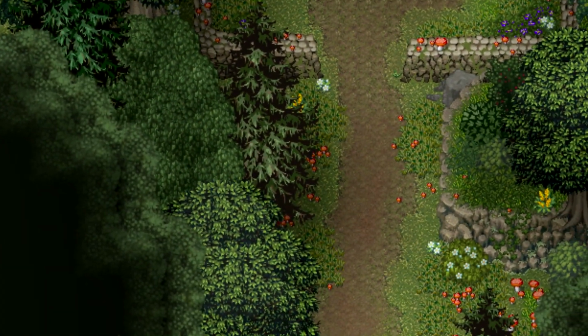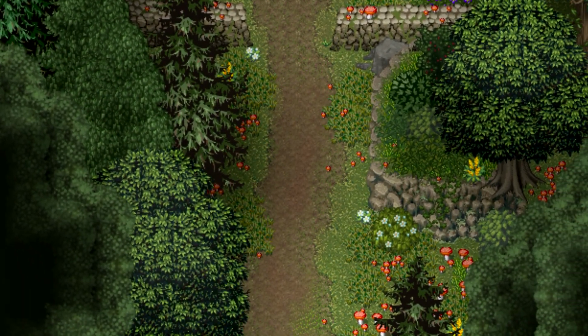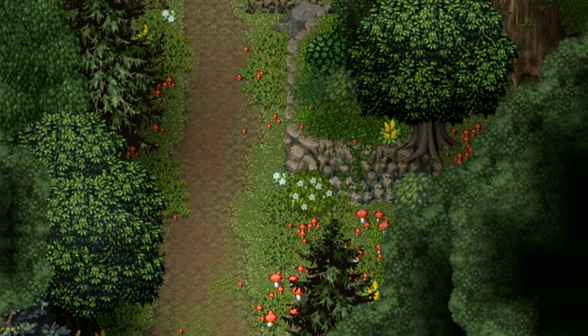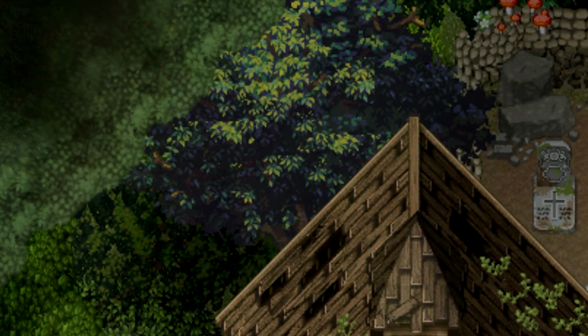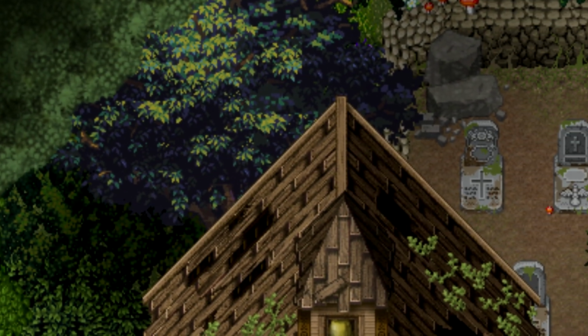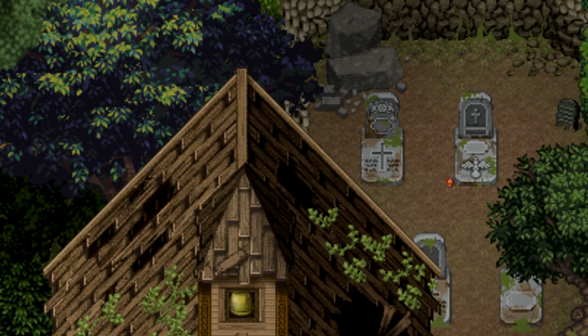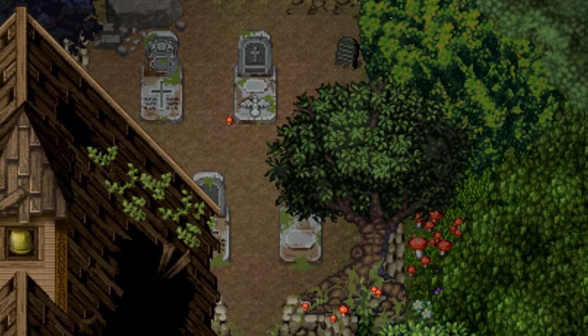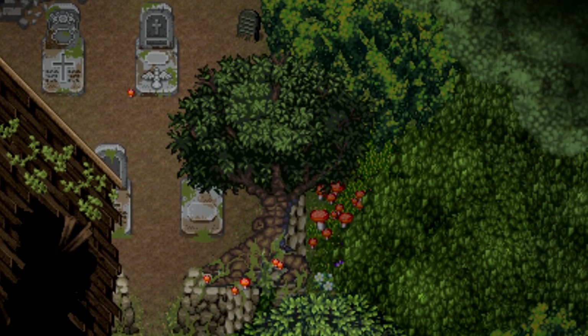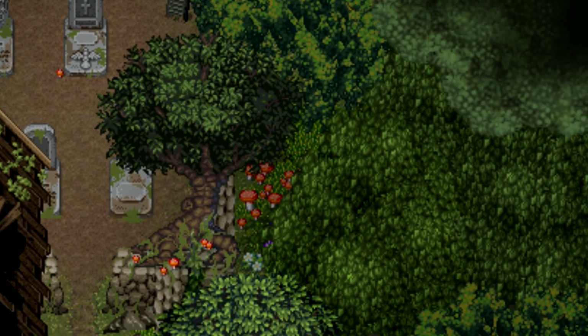Now compare that to the forested areas around the path. I'm using what's called visual noise to create a clear contrast. All of those details from the different trees overlapping creates a barrier. That extra visual complexity signals to the player you can't walk here. It's an intuitive way to keep them on track while still adding depth to the environment. And that's the trick. You don't want your players wandering aimlessly because they're unsure of what's part of the map